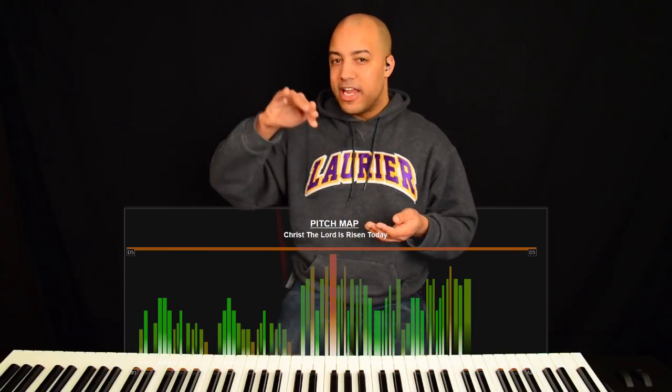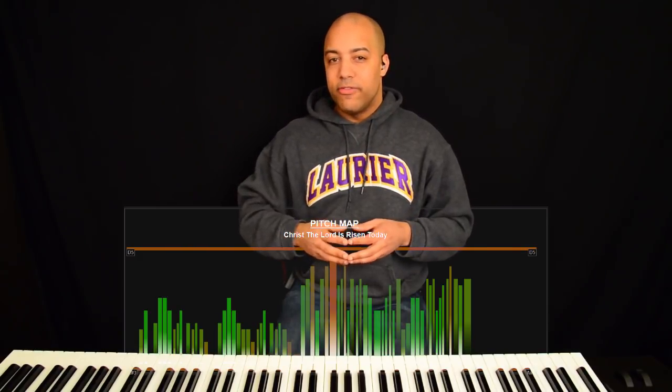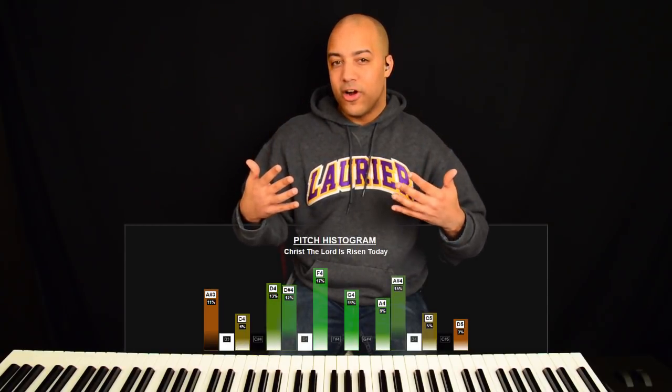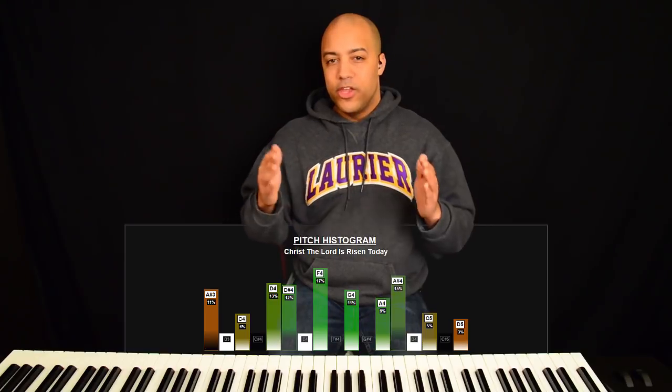So to address some of these obstacles, I've actually almost completed a new computer program. I can input a melody and it spits back all sorts of useful information, including a very clear visual representation of the highs and lows of the notes of a song, as well as a pitch map that shows the range of the song and bars that show how much of the song is spent on certain notes. You can transpose the song up and down to find the best key for your congregation. So this tool, I hope to do a walkthrough in about 2 weeks' time.